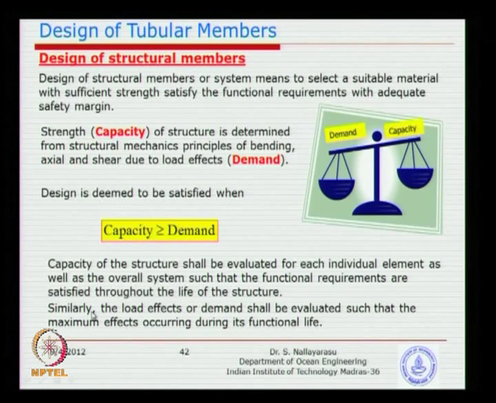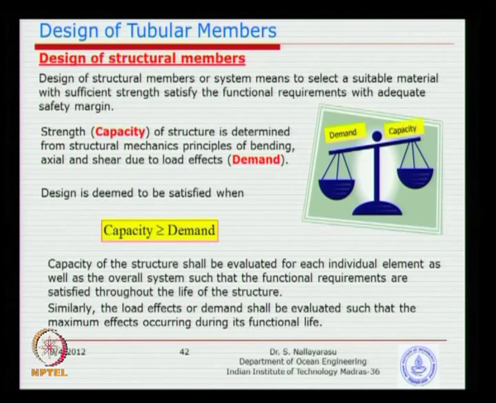So I think in summary, what we have discussed over the last few classes, we were looking at 4 things in total. One is the fabrication methods, tolerances, and then we were looking at the cross sections, and then the boundary conditions and the loading diagrams or loading pattern. These are going to affect the strength of any section.